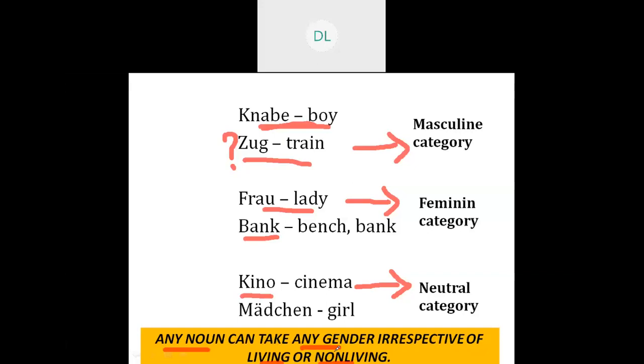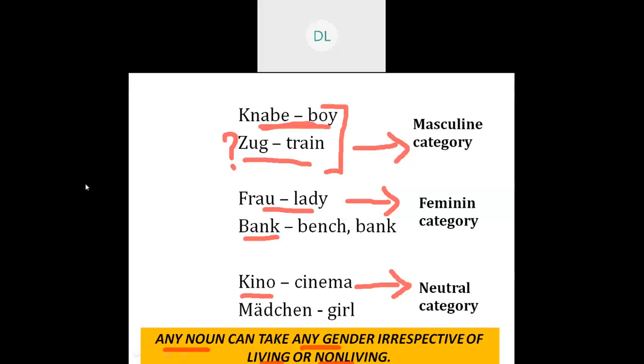On the same grounds, I'll take you a bit ahead. On the earlier slide, you answered me. I was making up some sentences with boy: a boy goes to school, a boy eats an ice cream, the boy wears a blue dress. So what did you say to me would come in place of a boy? That is he. On the same lines, these both nouns are masculine. Knabe and Zug, they both are masculine. And if I wanted to substitute,